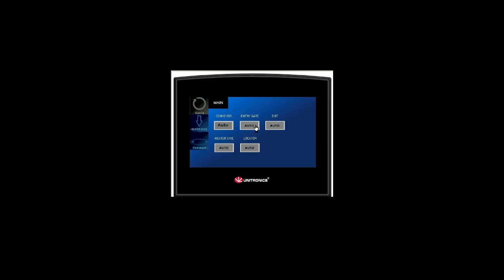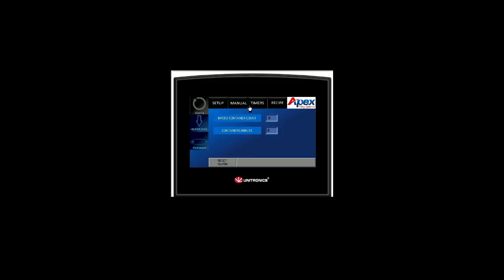If I do my entry pin, I can click that and it'll just open that, which will retract the pin into its housing. And then once I leave this page, this will reset along with the rest of these. So these are just for setup and diagnostics. If I go back to the main screen again, I can move to my timer screen, and this is where